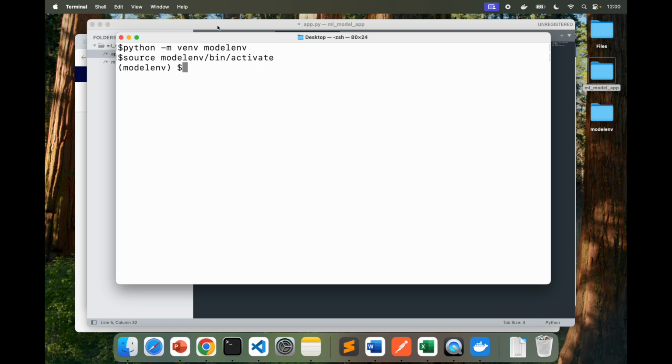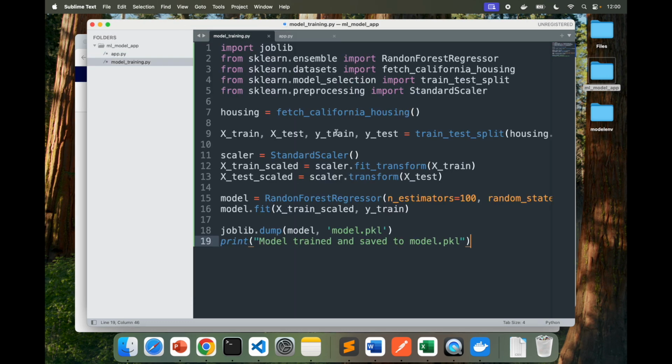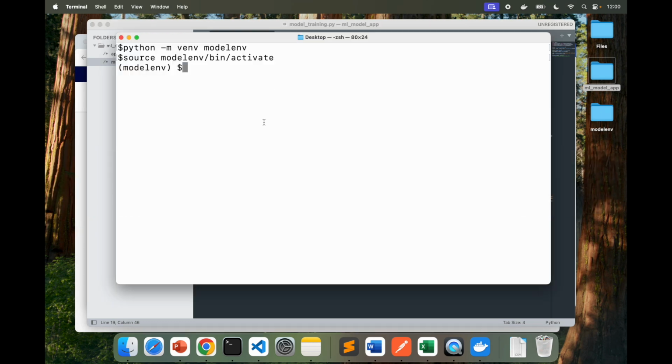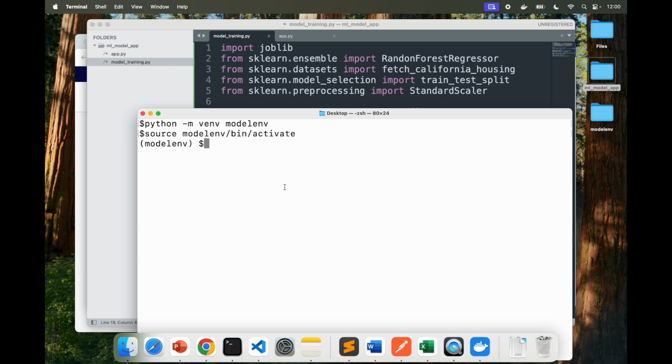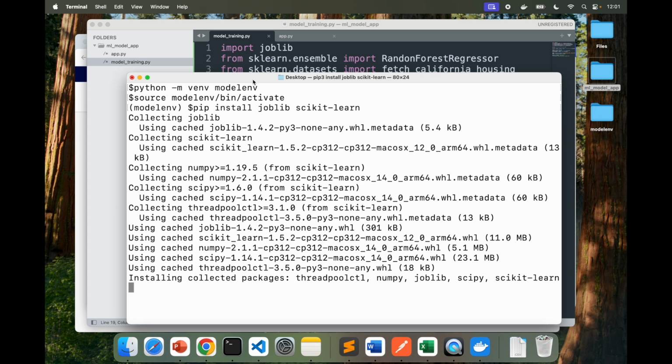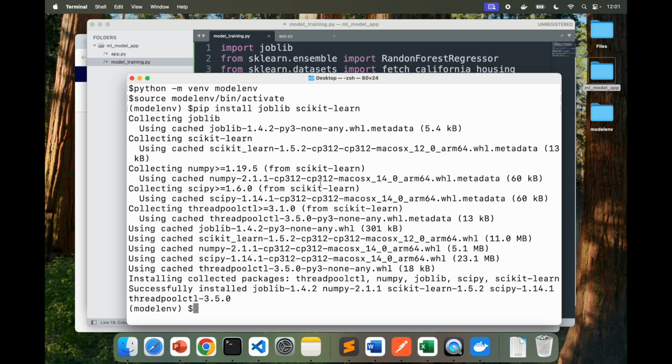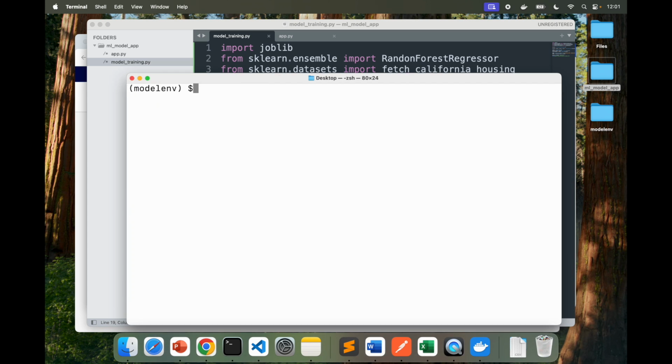Once that is activated, let's go back here and look at it, we have joblib and sklearn. So I will go ahead and first say pip install joblib, and then I need scikit-learn. So I'm going to install both of them inside this environment. Once it's done, I am going to clear this out, and now I can run.